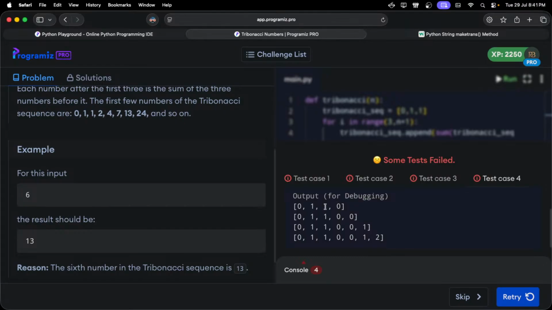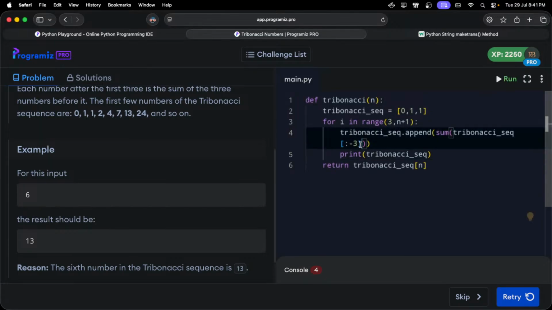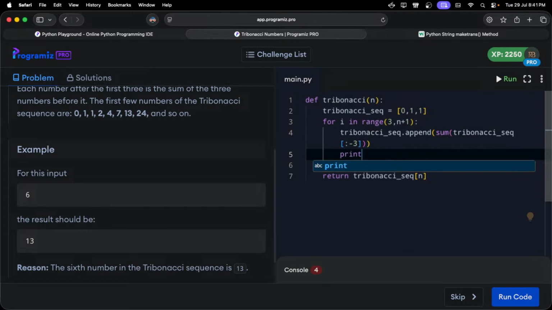So 0, 1, 2, and 3. We are starting at 3, and then it's taking a sum of what? Sum of minus 3. So it will be all this thing. Minus 3. Why is it not working? That's my question. Print. Why is it not working? Sum of this